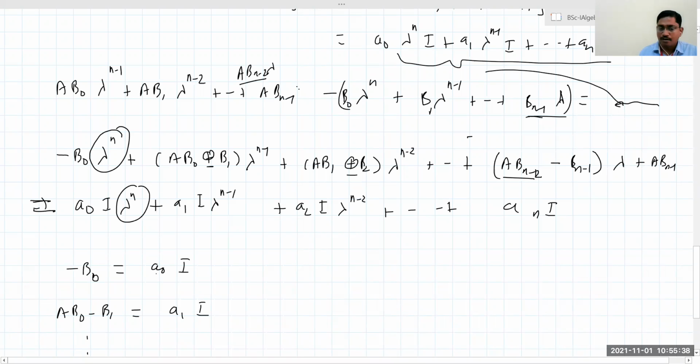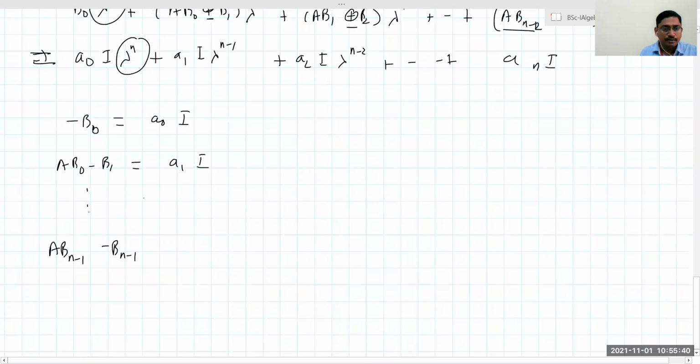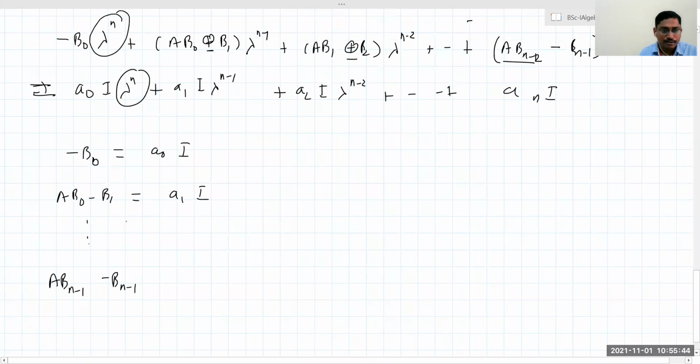Okay, so I'll write that term also. Instead of this, A b(n minus 2) I should write. A b(n minus 2). This is going to equal to who? What is the term before this? The term before this is a(n minus 1) I,